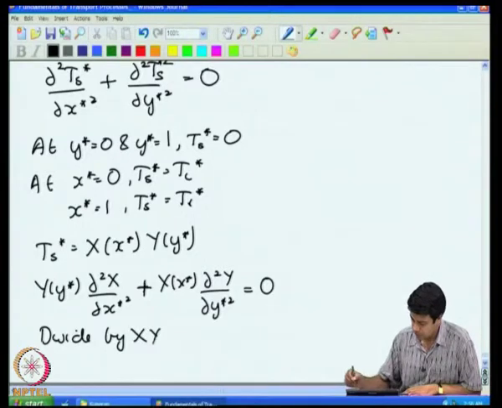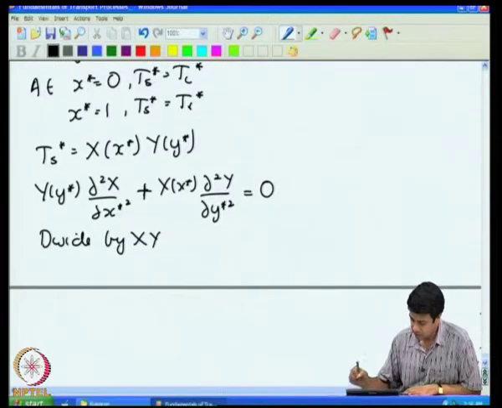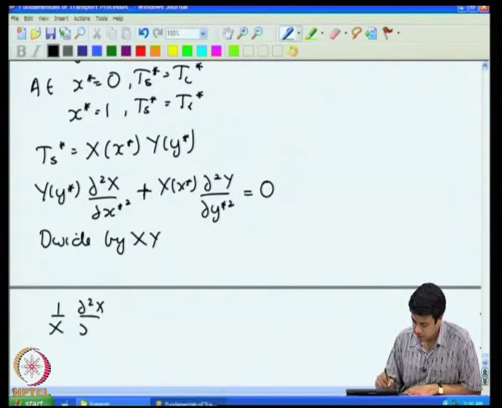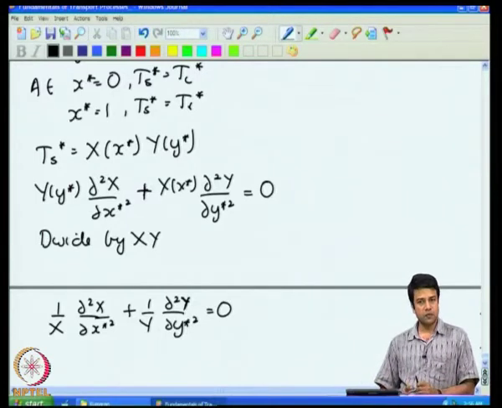By x times y. Okay. And that is going to give me (1/X) d²X/dx² + (1/Y) d²Y/dy² = 0. Okay. So, I have the sum of two functions, one is only a function of x, the other is only a function of y. The sum of these two functions has to be equal to 0, which means that each of